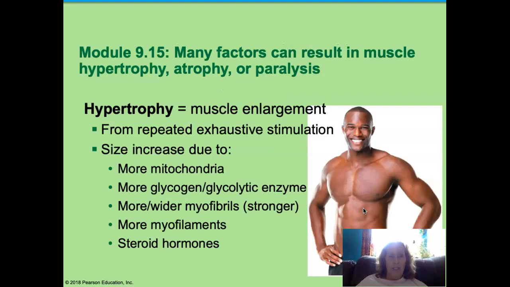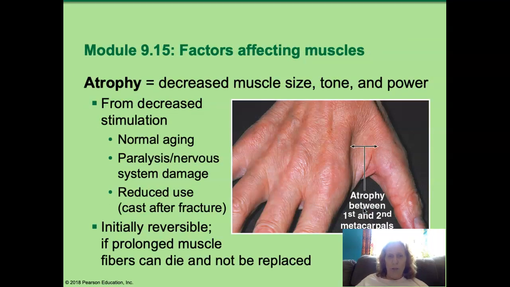And our last section is different factors that can result in muscle hypertrophy, atrophy, or paralysis. So hyper is over or above, and here is hypertrophic muscle enlargement, and it's due to repeated exhaustive stimulation. So the muscle gets larger because the actual fiber or cell gets larger. It increases in mitochondria. There's more storage of glycogen, more myofibrils, and steroid hormones are one thing that can cause